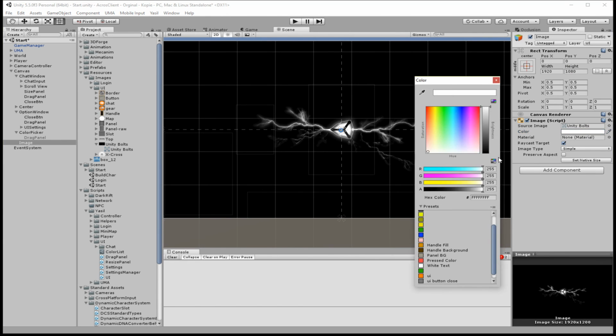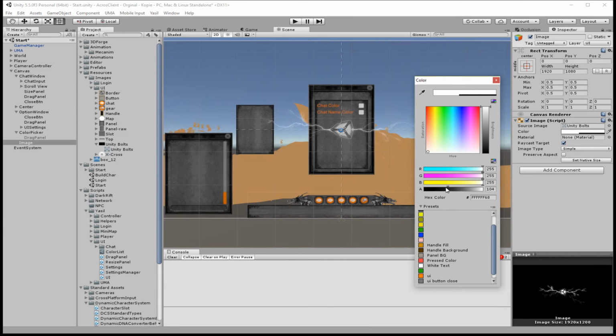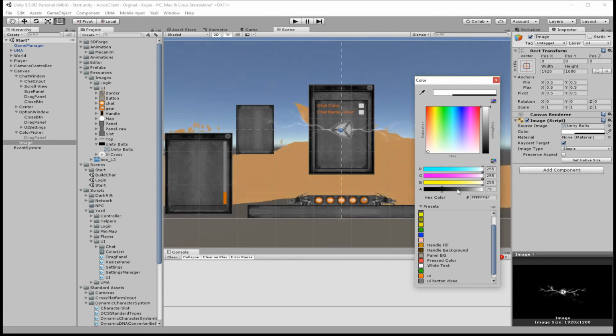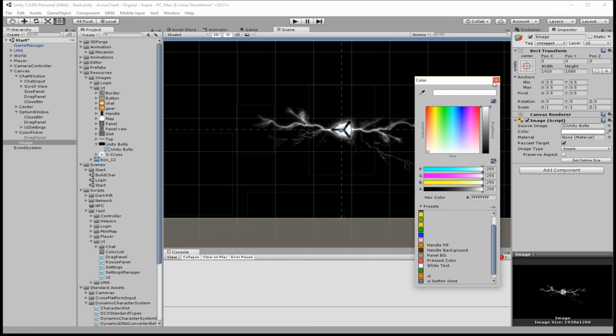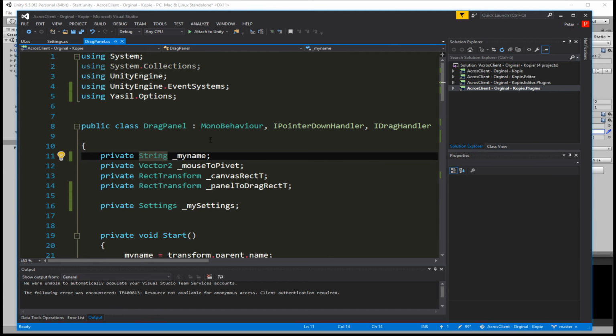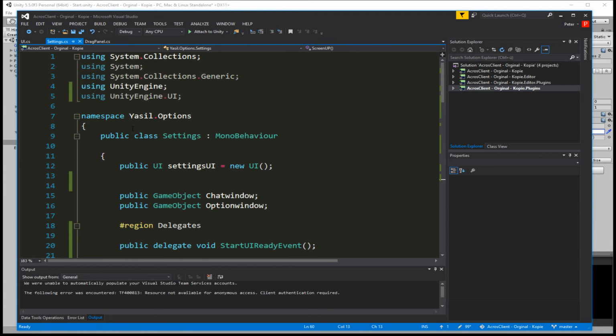So let's see, if we lessen the alpha, the game window will come through the image. So we just save that and go in our scripts, and we have to go in our settings, and